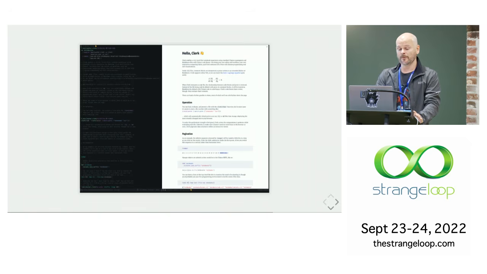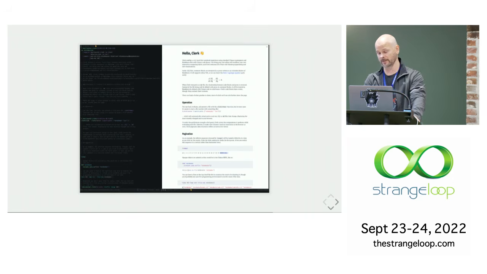It means, for one thing, that you can put these notebooks into version control. You can ship these notebooks. These can be libraries that you use. You don't have this separation between your notebook code and your production code. They can be the same thing. And it encourages a kind of literate programming approach where every comment along the way, or every comment block along the way, is interpreted as Markdown with LaTeX and other features like that. It's a very nice way to work. I encourage the Clojure people here to check it out. It is of no use to you if you're not a Clojure person because it's very Clojure specific.